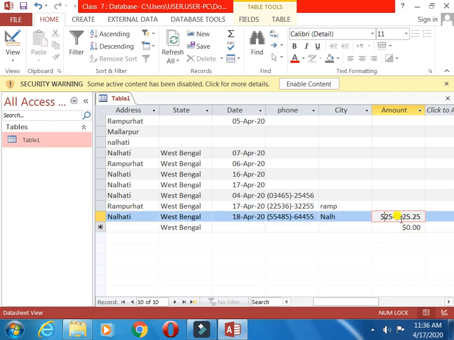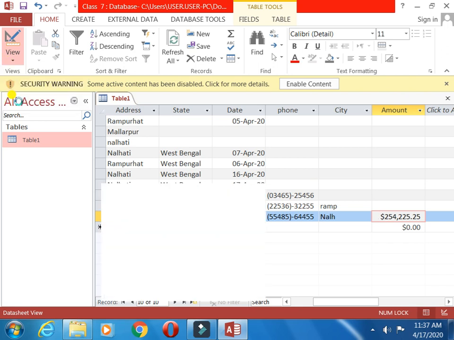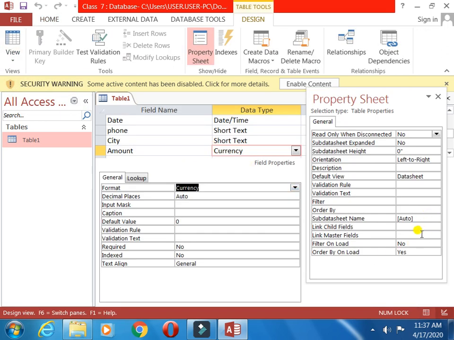Now see, after the thousand place the comma came, but the dollar sign basically will not take. Now it is taking, which means the software has formatted the dollar figures. So whatever you select, it will take now in dollar figures.